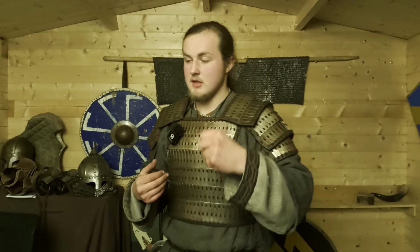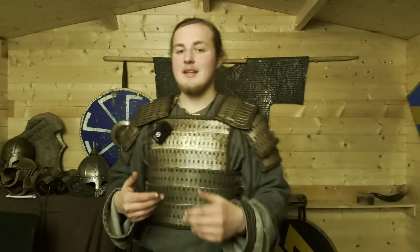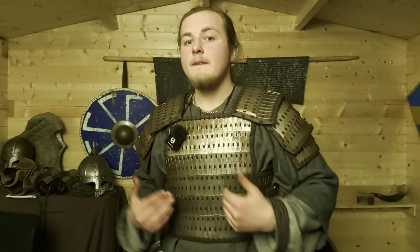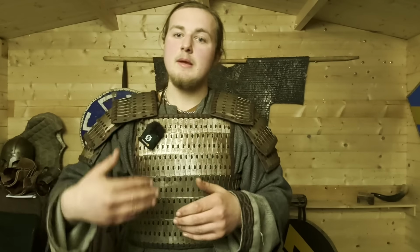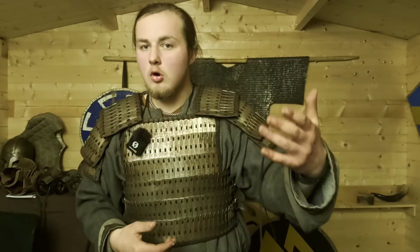Now, the main reason I would say is that in Western Europe, people relied mostly on shields to protect themselves from arrows, but also in melee, generally speaking. And you don't need such a good armor that is not going to get pierced by anything when you have a shield that will stop everything in any case. You don't need a lamellar armor that will stop any arrow because you have a shield, so the arrows are never going to come close to your body. So having a more durable and a bit more flexible armor can actually be more useful when you have